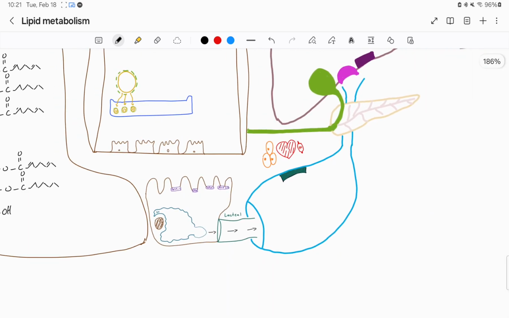Now, when we talk about this, we have to talk about what are the most common dietary lipids that we're consuming. Well, they come in the form of triacylglycerols, which we've talked about before. They come in the form of phospholipids, which again we've talked about before. They also come in the form of cholesterol and cholesterol esters. Okay, now you guys know what cholesterol looks like, but